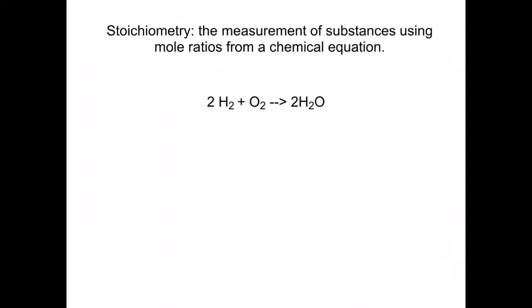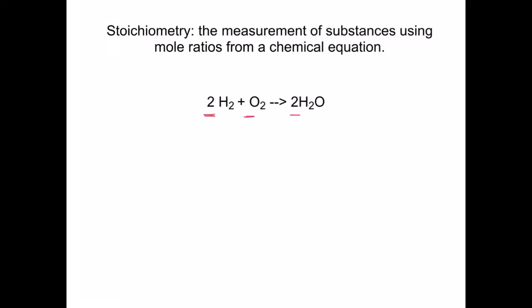The purpose of this video is to explain how to do stoichiometry calculations using the factor label method. Stoichiometry is the comparison of various different chemicals within a balanced chemical equation. We'll be using the coefficients in front of the different chemicals in order to establish relationships between them so that